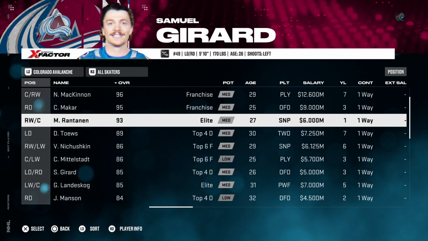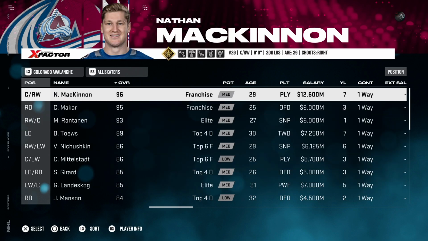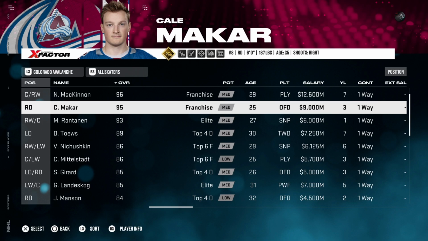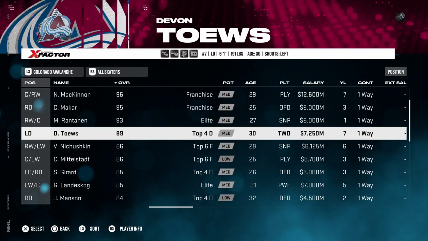So instead of the Avalanche having to deal with 7 years of Nathan MacKinnon at 12.6, they now get him for 7 years at 12.07. Cale Makar, 3 years at 8.65, whatever it might be. Devon Toews at 7 years at 6.825. So it becomes easier for the Avalanche to stay as a dynasty, and the overall realism gets shattered a little bit for these long 5, 6, 7 year contracts that are like 500,000 less than what they should be. So to keep teams from getting an unfair advantage, it's not a perfect system, but I'll take